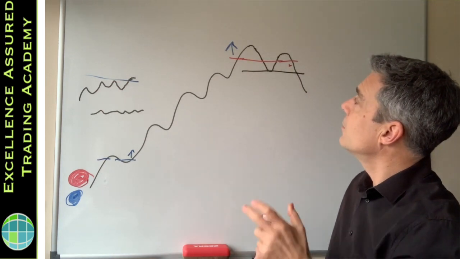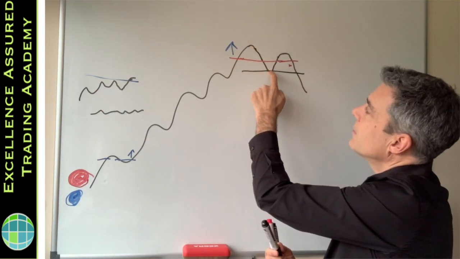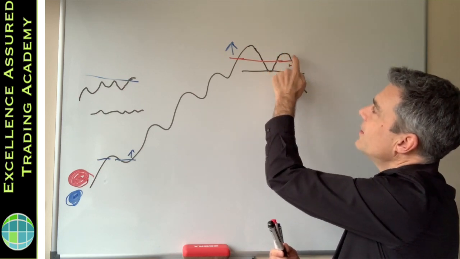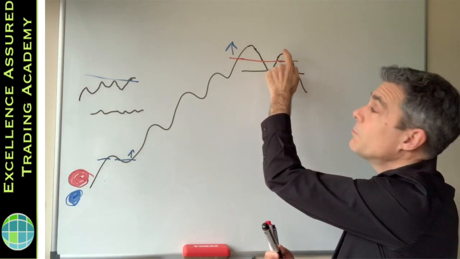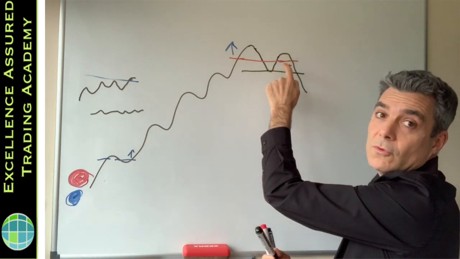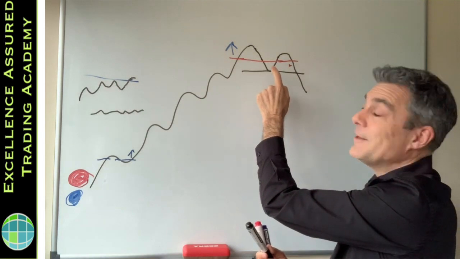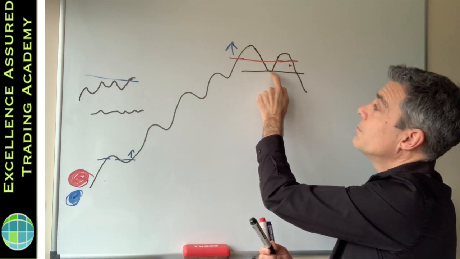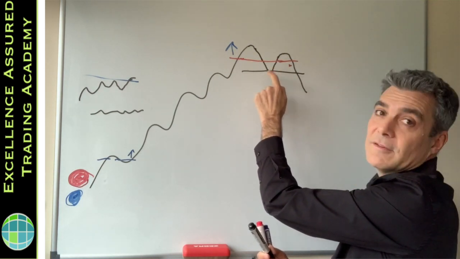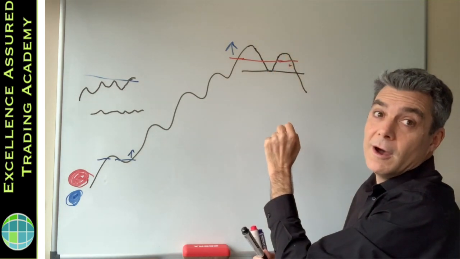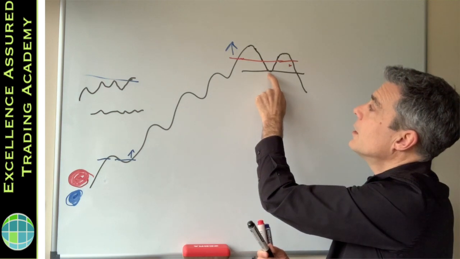Okay, so it goes down and then it goes up. Now, when it starts going down for the second time and it hasn't reached the previous high, you've got what's called a lower high. But you haven't got a lower high, funnily enough, until the price crosses the previous low, because it could always go straight back up and create a higher high. But you've got a lower low here.